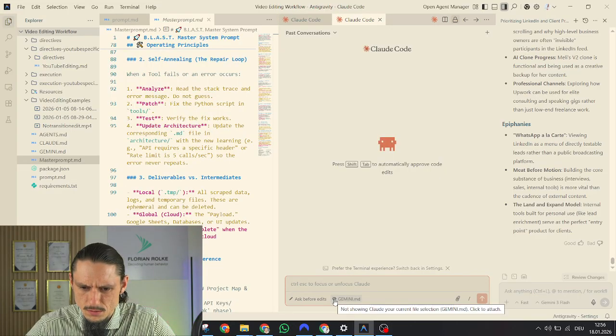Gemini.md. Not showing Claude your current file selection. What? Huh. Curious. Well, not necessary, but